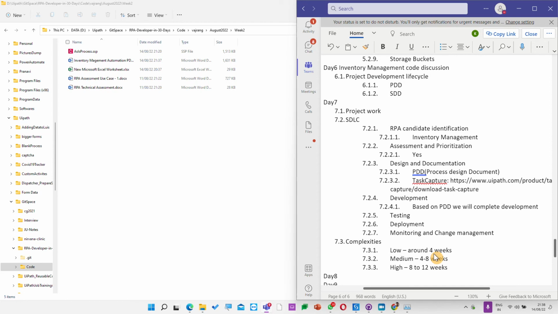Any project that goes beyond this, we need to subdivide into multiple sub-processes and automate, because automation's main target is to move the code to production as fast as we can. If we are not able to do it within 3 months, then by the time it moves into production, the requirement might already be obsolete. So for that, in this 4 weeks, we will take